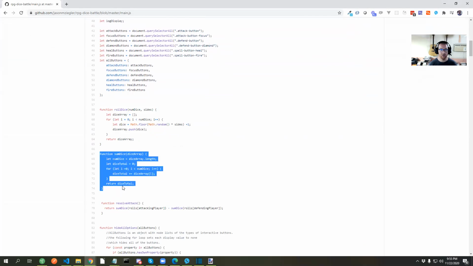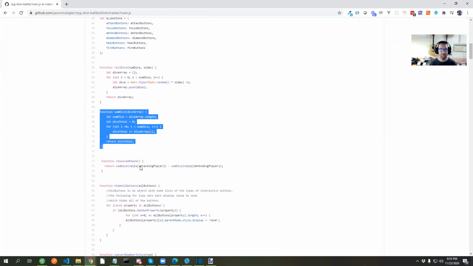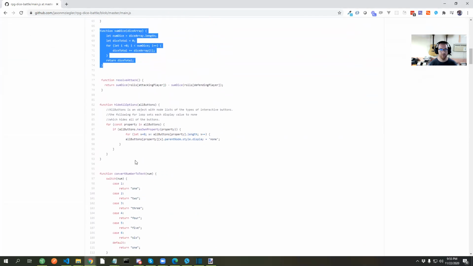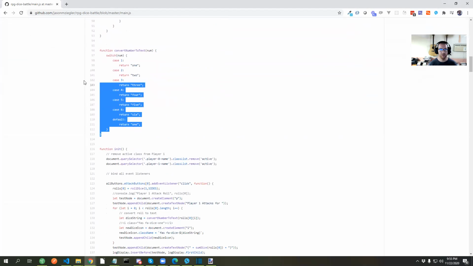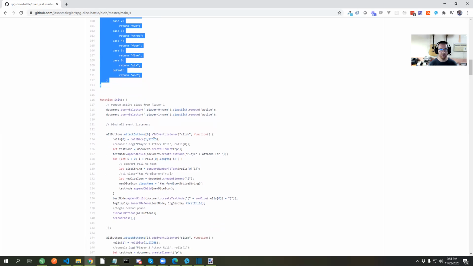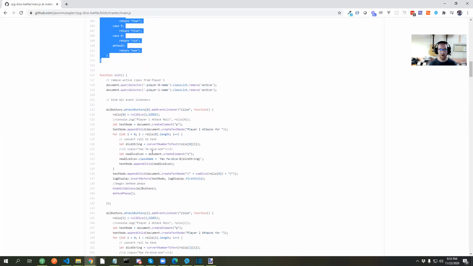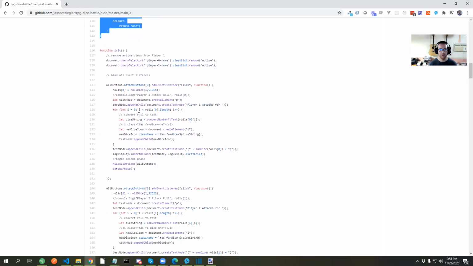I also have this function to sum the dice, and there's also this kind of cool feature to convert the number to text, and then I was able to output that to a dice string, and